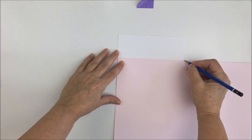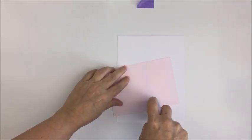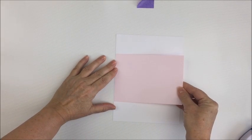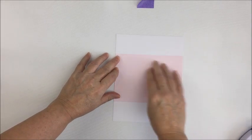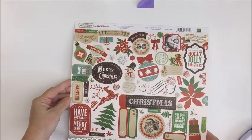So I'm working with a piece of Basil Tutu Pink cardstock. I love this color. It's actually my very most favorite Basil cardstock color. And when I find it in stock somewhere, I usually grab a bunch of sheets of it just to stock up. And I cut a little strip of it that I wanted to use across the center of this 8x6